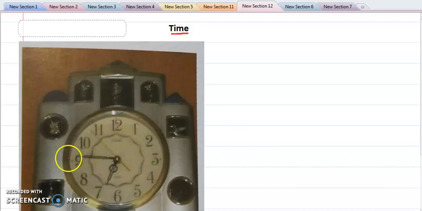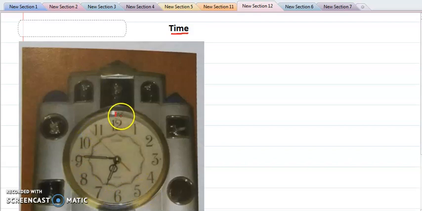Here on the screen you can see a clock face. What is the meaning of the clock face? It is actually the face of the clock that points toward us, and it has a dial on it in the circular shape. Inside the dial you can see 12 numbers are written, or they are sometimes engraved on it. Starting from the 12, here we have 12, then 1, 2, 3, 4, 5, 6, 7, 8, 9, 10, 11,